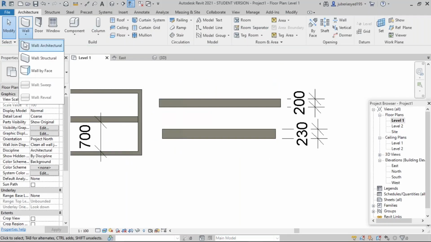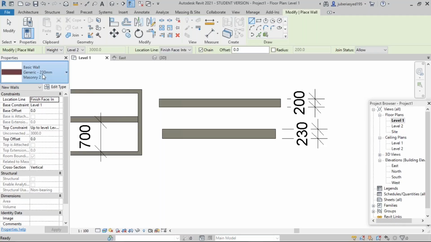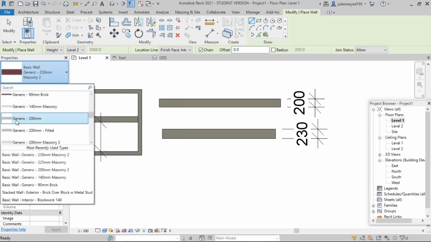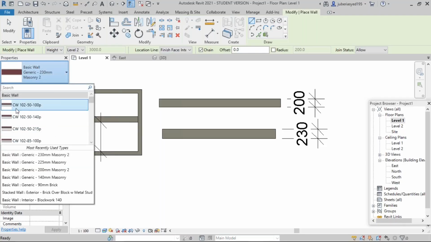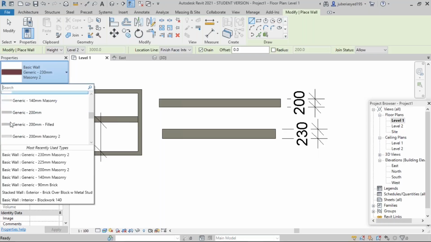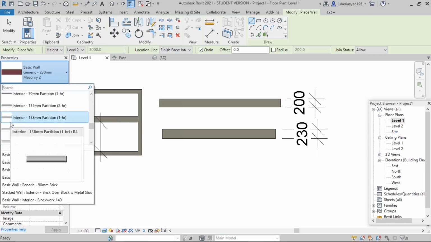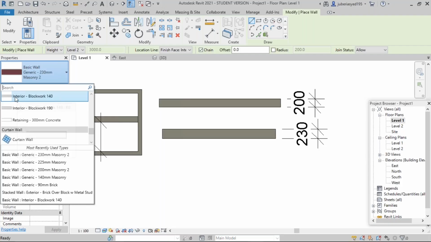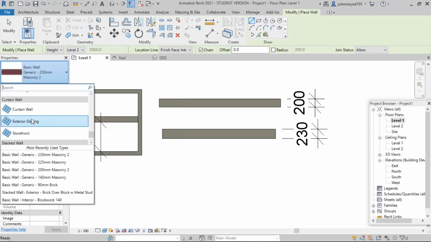In the walls we have some other types as well. So we have just seen basic walls. These basic walls contain exterior wall, generic wall, masonry walls, and concrete blocks, interior wall. This is about interior walls. So we have another type also, that is curtain walls. So till now we have